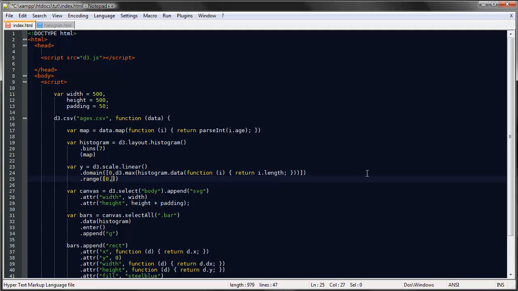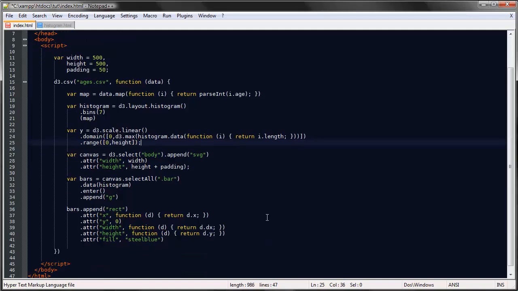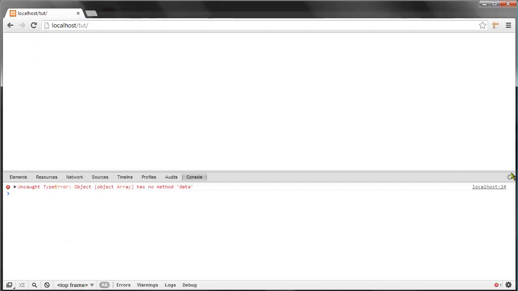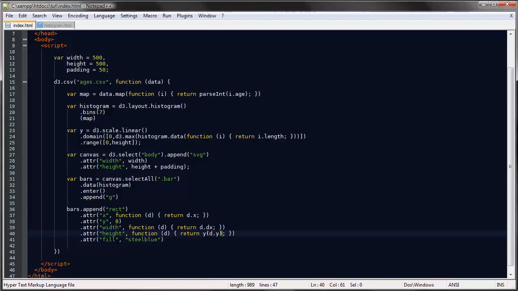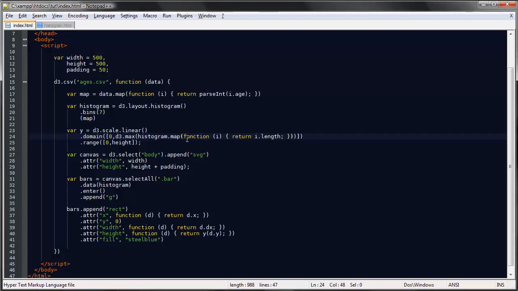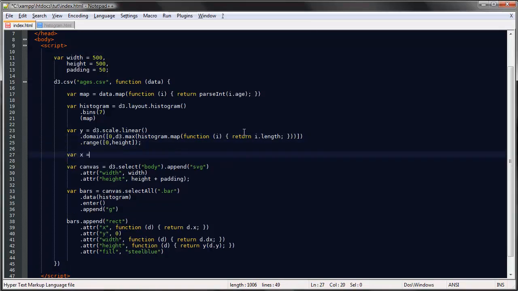And the range will go from 0 to the height. So let's pass on our data to that scale. Okay, something went wrong. Return length height. Let me pause for 1 second. Oh, I screwed this up. This is not supposed to be data. We're using the map function. So let's refresh. So our Y scale seems to be working good,